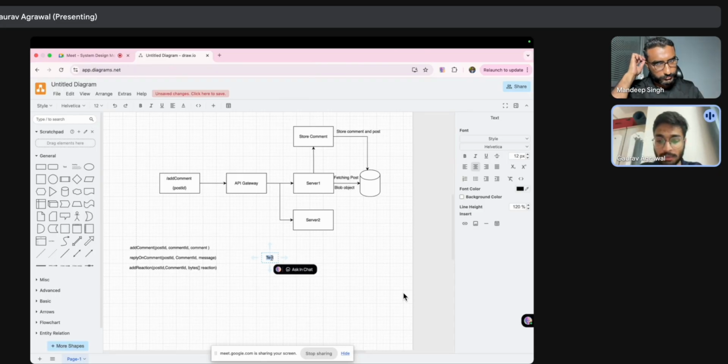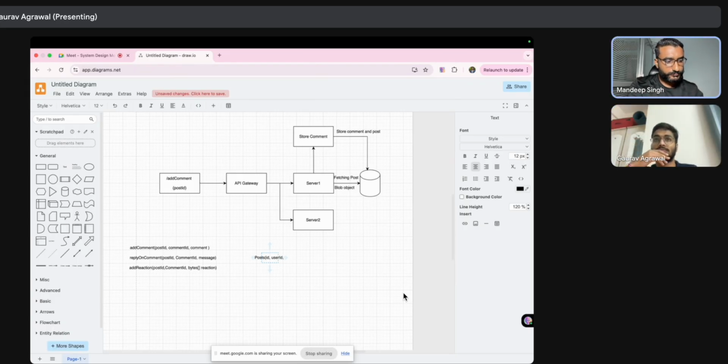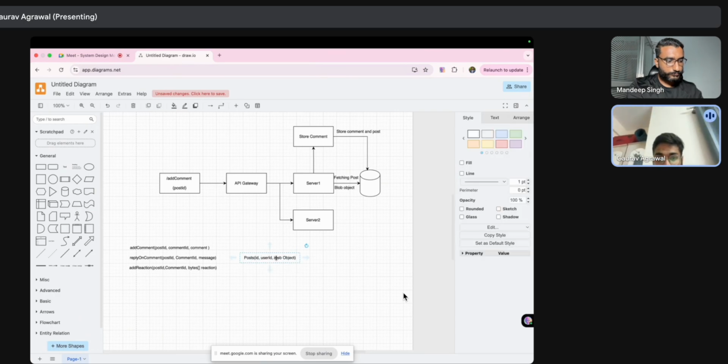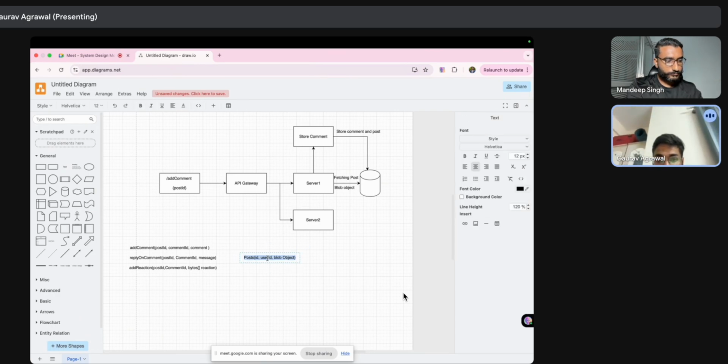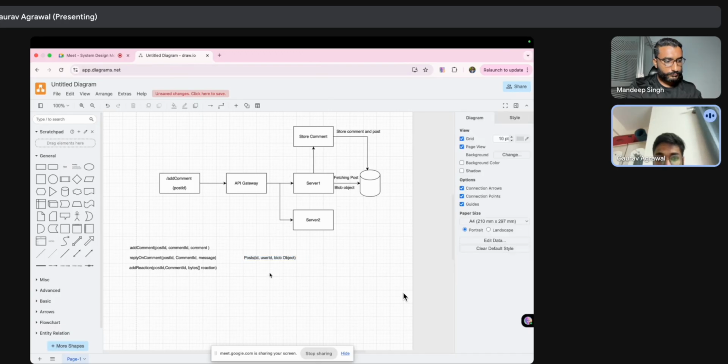The first table would be a post table that is going to have its ID and user ID, and then the actual post content. So this is going to be the first table.